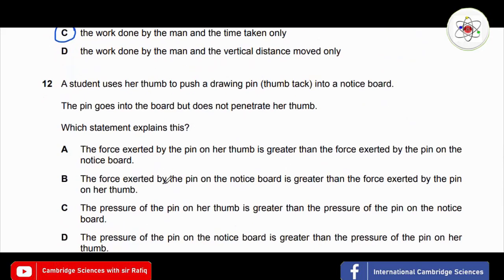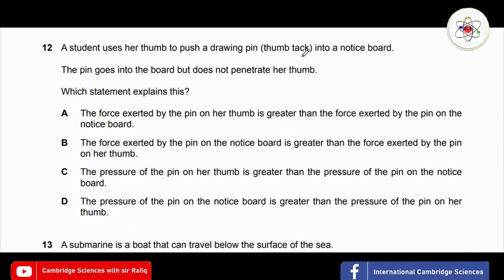Moving on, question number 12. A student uses her thumb to push a drawing pin (thumb tack) into a notice board. The pin goes into the board but does not penetrate her thumb. Which statement explains this? If you go through the statements, you would find this statement: the pressure of the pin on the notice board is greater than the pressure of the pin on her thumb. That is why it does not penetrate her thumb. Okay,